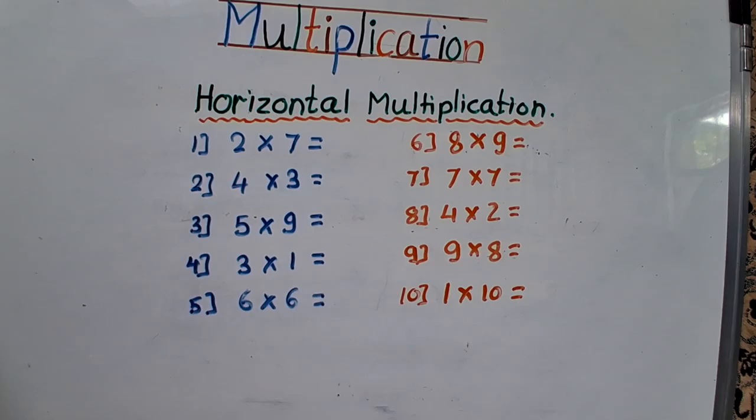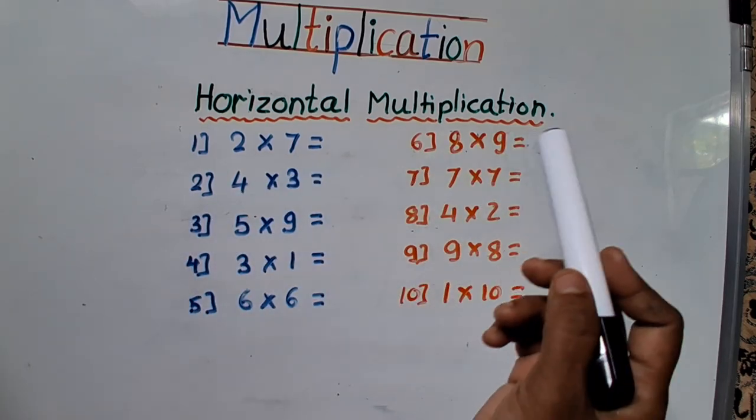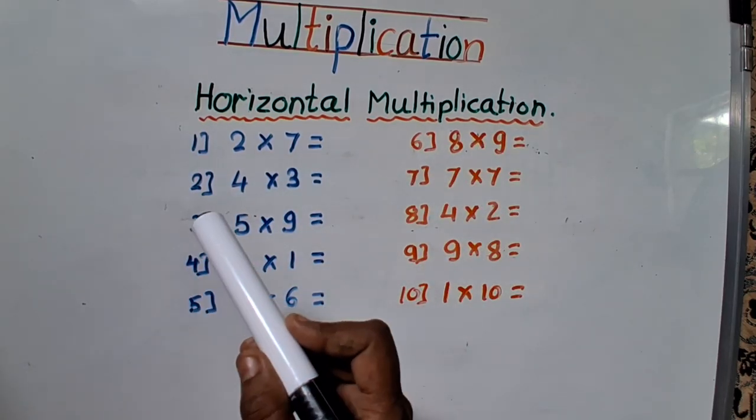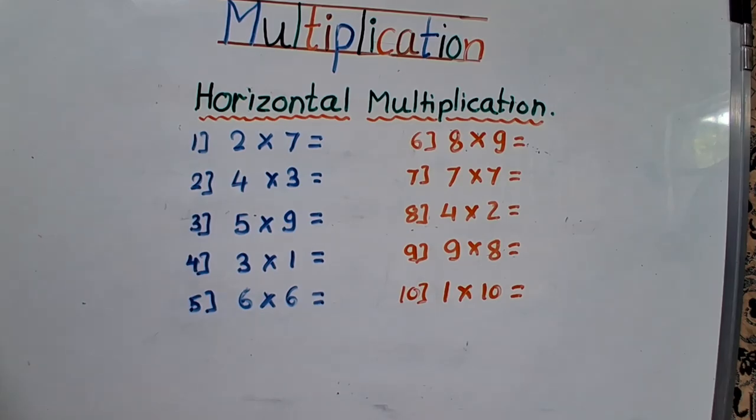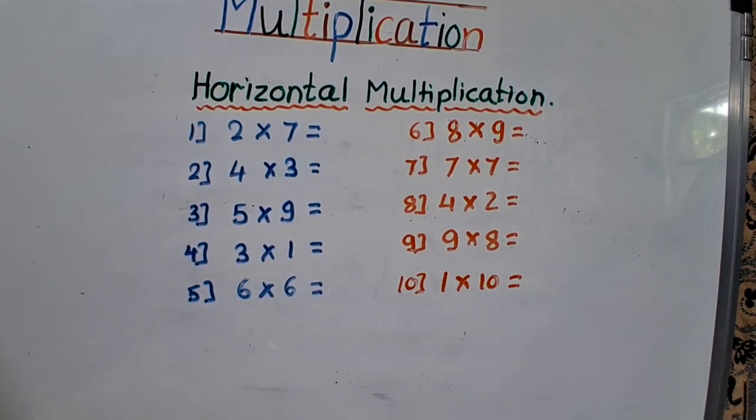Kids, now let's learn horizontal multiplication. It is also single digit and it is also very easy. Okay? Kids, always remember